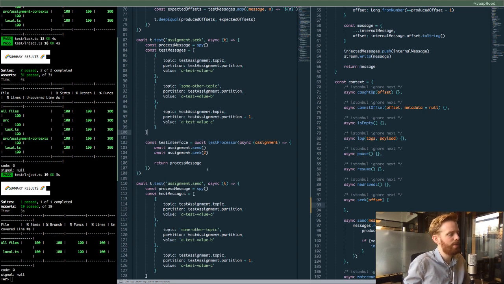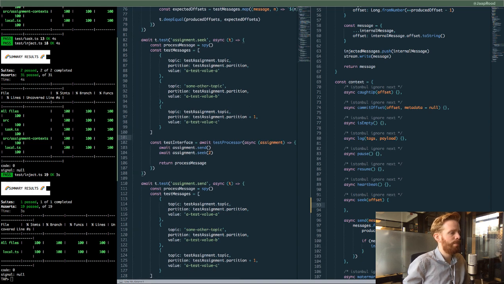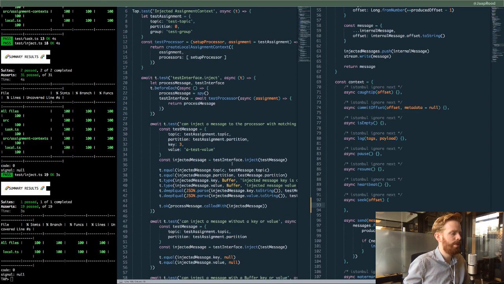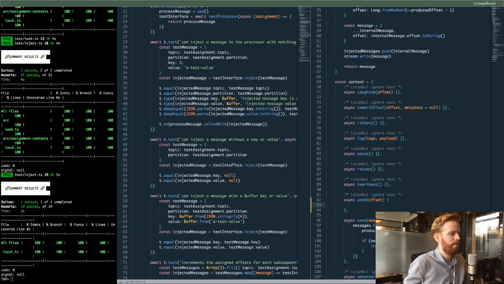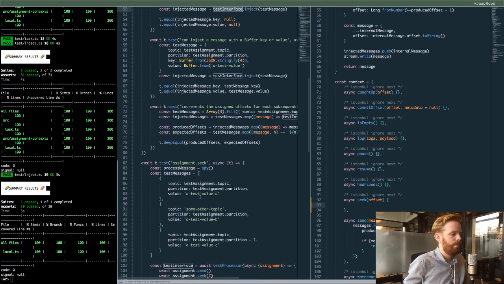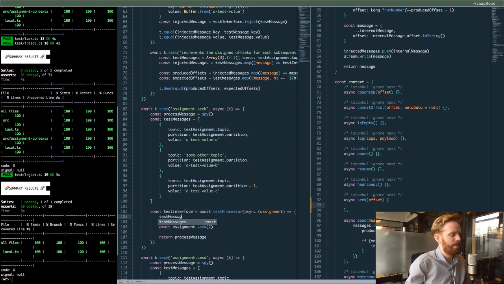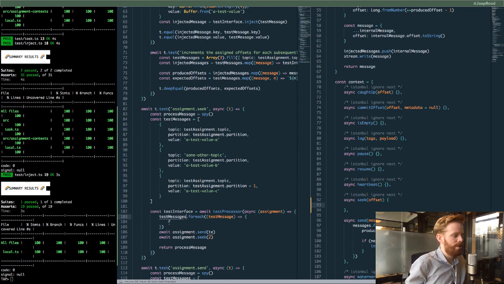Just say, okay, well, we'll take some test messages that we've defined here. Probably should create a little bit of a helper to create those as well, but it's fine. Test messages, where and how we inject those. So we just use send. Yeah, because we don't have that. See, this is where the problem begins. But let's just send, for each of the test messages, test message. How about for each of those ones we